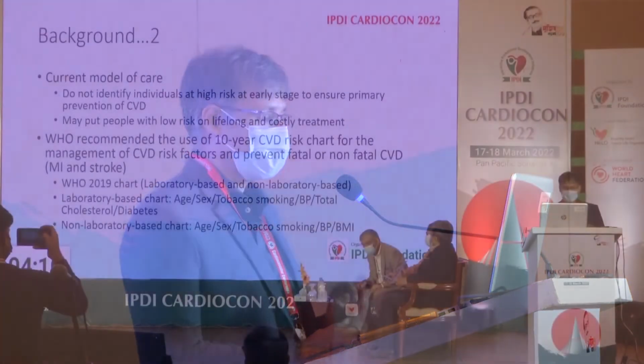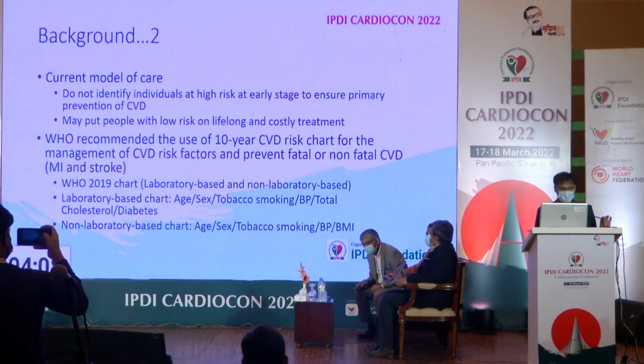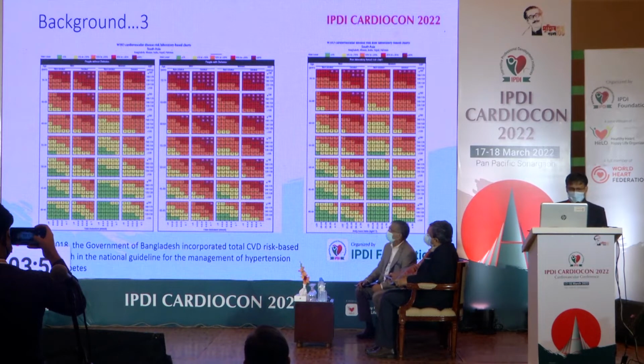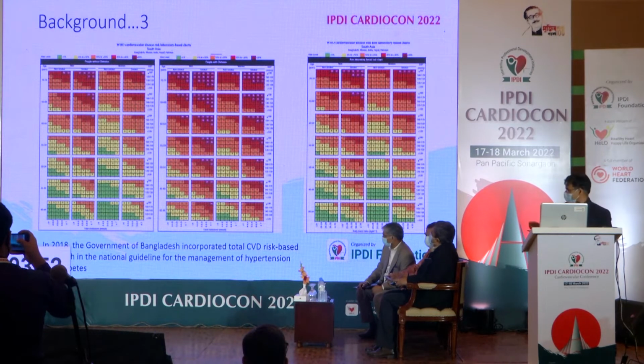There are two types of chart. One is laboratory-based, which uses 6 risk factors: age, sex, tobacco smoking, blood pressure, total cholesterol, and diabetes. The non-laboratory-based chart uses 5 risk factors: age, sex, tobacco smoking, blood pressure, and body mass index. This is a snapshot of the risk charts, and in 2018, the government of Bangladesh incorporated this approach